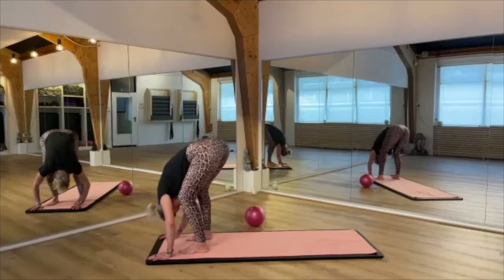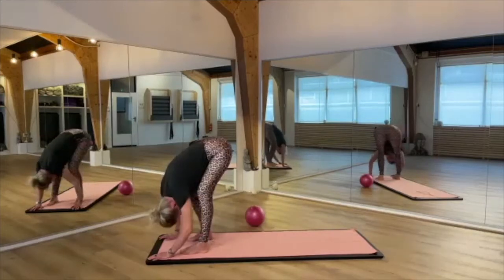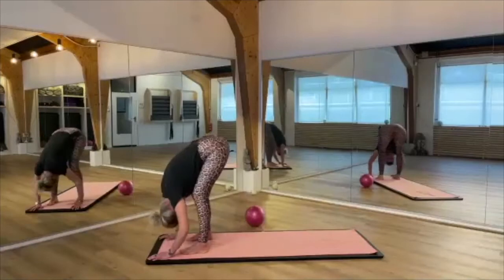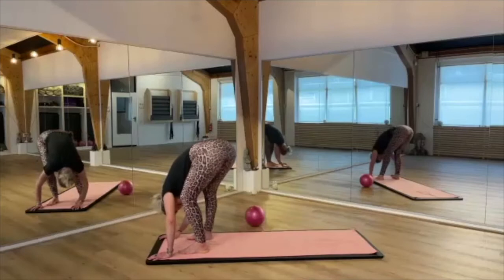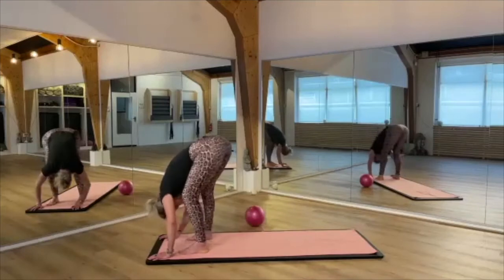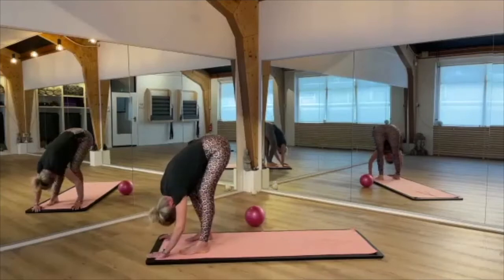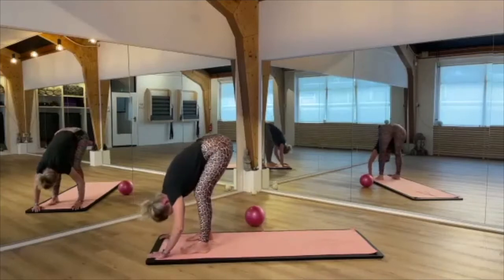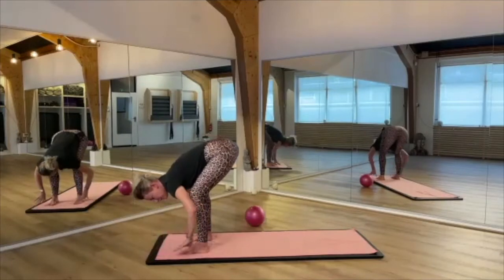Shake your head. Now try to shake the booty. So move your hips from side to side. But keep your hands on the floor, keep your head hanging, and move your hips from side to side. 4, 3, can you feel your muscles around your calves and your shins? 2, and 1. Now place your hands beside your feet, so not in front of your feet, but beside them,